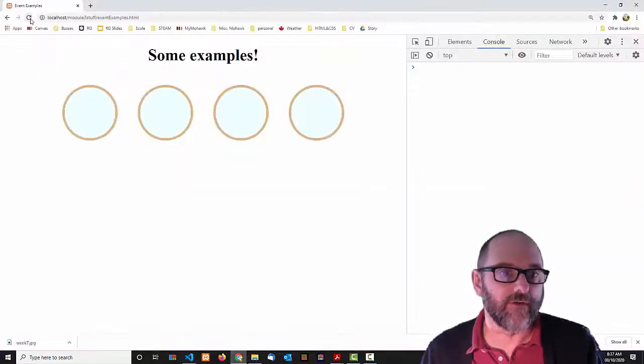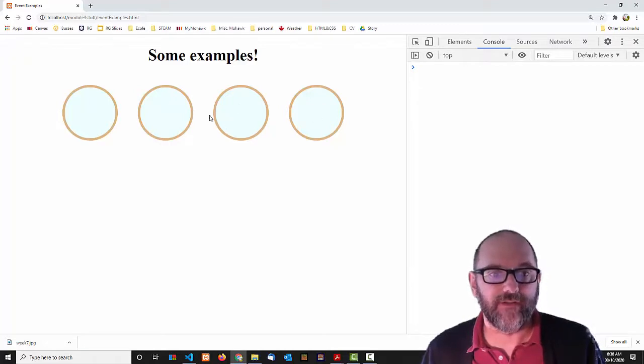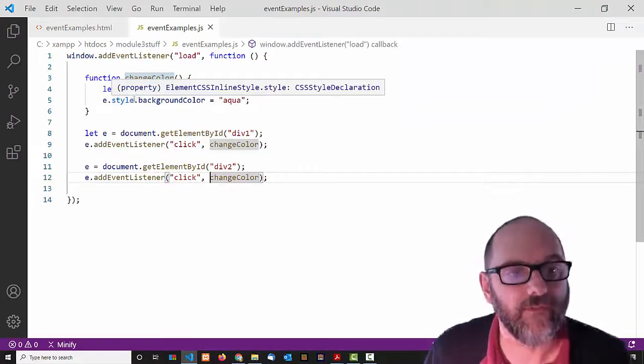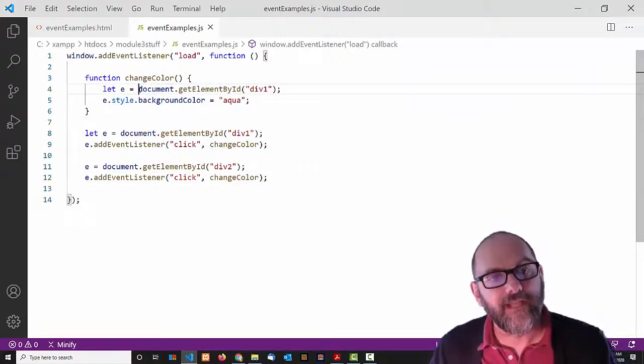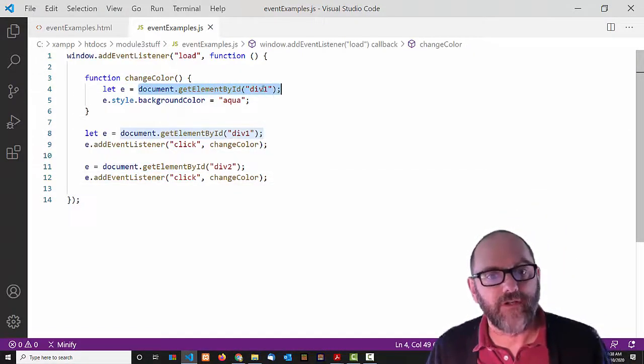So when I reload over here, if I click div2, that one goes aqua. And if I reload, if I click div1, it also goes aqua. That's pretty cool too, but it's probably not quite what I wanted. Probably what I want is a function that I can add to all of these divs, so that when I click these divs, the div that I clicked will go aqua. The reason why that's not working right now is that inside the function I've hard coded it to get div1,